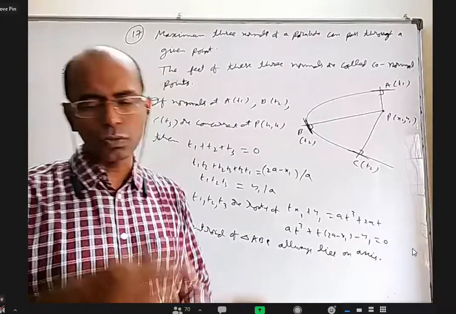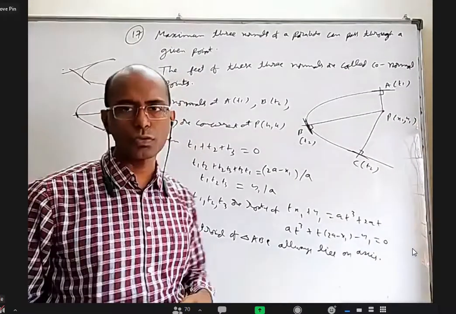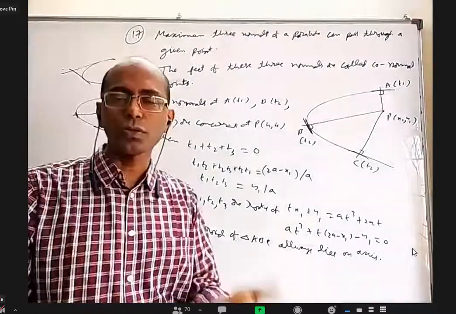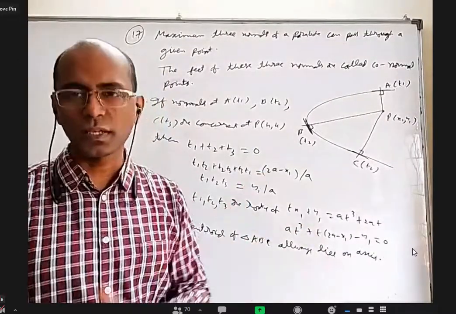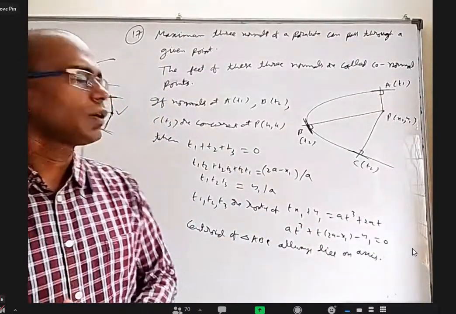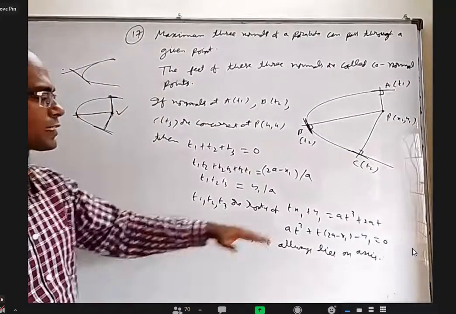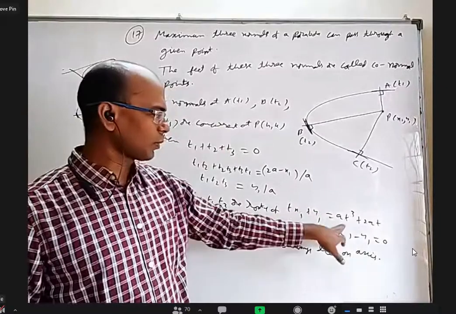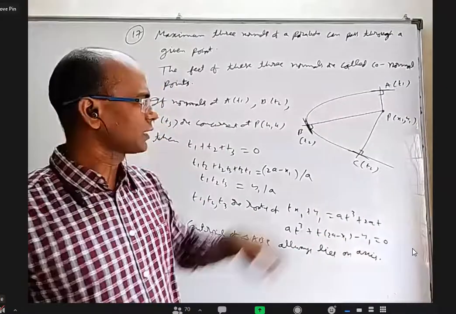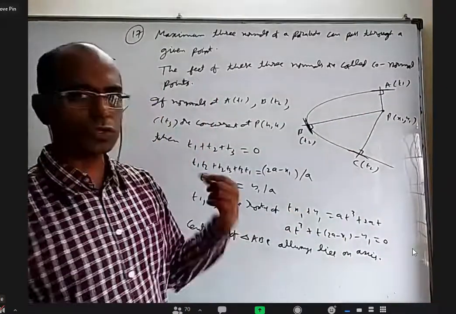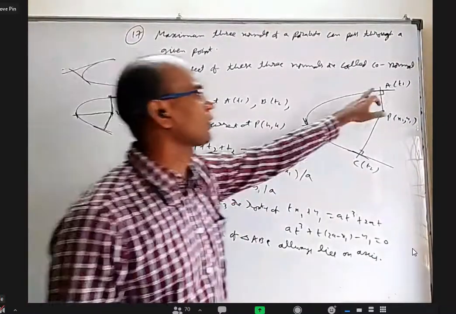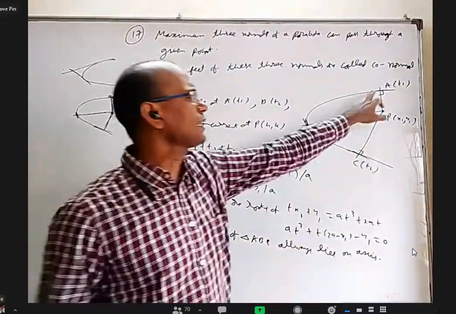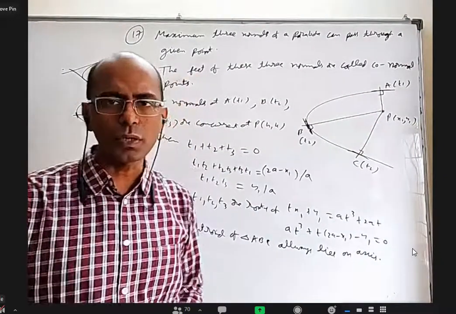Sometimes two equal roots and one distinct root. Sometimes three equal roots also may be there. And sometimes it can have imaginary roots also, one real and two imaginary roots, then we'll have only one. So but maximum three roots. Okay, so you take the general normal tx plus y equal to 2at plus at cube, substitute this point, you will get a cubic equation, solve them, you will get three t values, one for this point, one for this point, one for this point. That's how we can find the points. Once you get t values, the point is (at square, 2at).